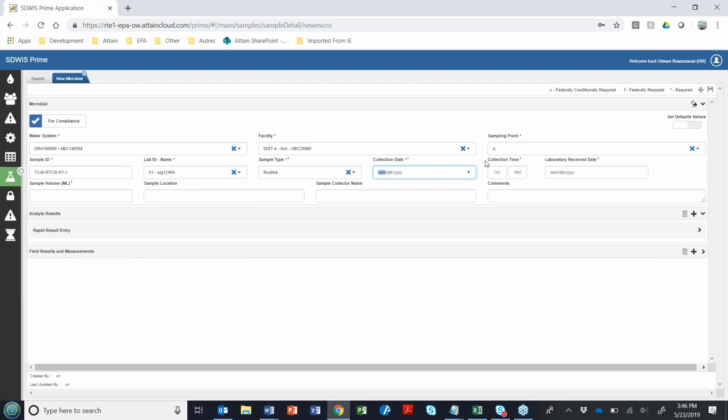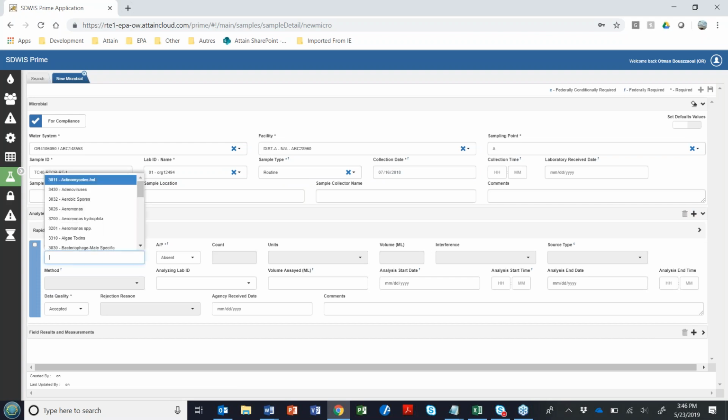And this one was collected on July 16th, 2018. Again, we say the coliform is going to be present. The analysis completion date is going to be July 19th, 2018. And the agency receipt date will be July 20th, 2018.